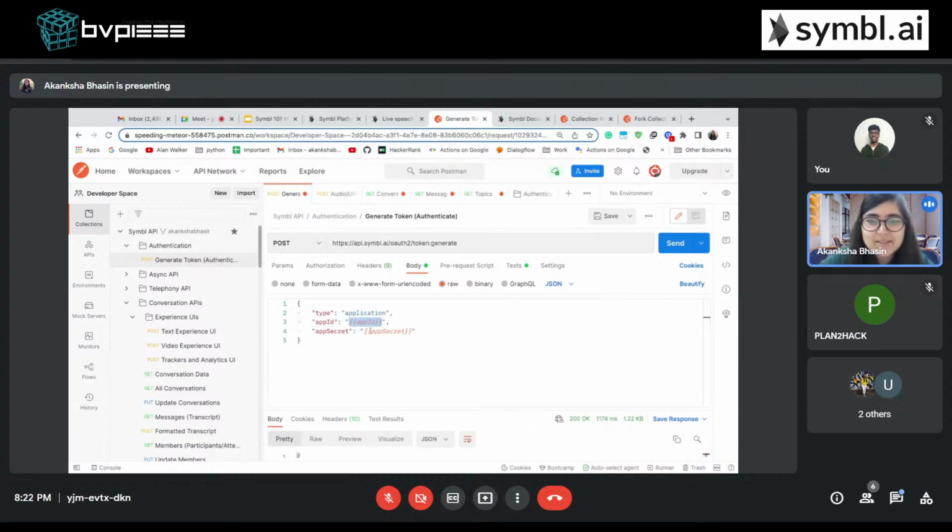I can just create a variable between two curly braces, but you can paste your app ID and app secret over here in between these two quotes. The second way is you can create a new variable called app ID and app secret. You can see an eye icon over here, environment quick look, and you can paste your app ID and app secret over here. So now just paste app ID and app secret directly over here and click send.